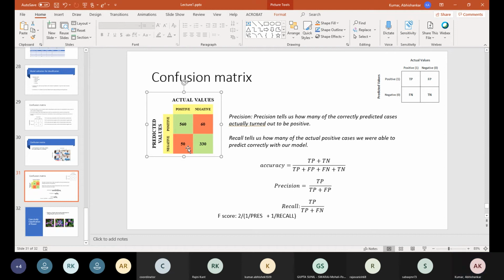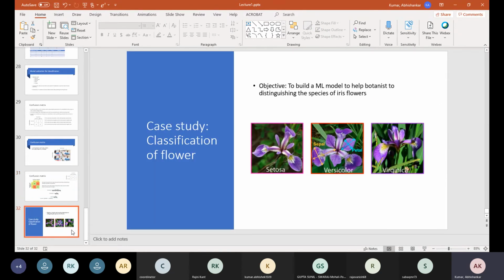Do one thing, just try to understand it. If you do not understand, I will explain again in the next class. I will rephrase this. Try to have a look. I will share this PPT with you tomorrow. Okay, sir, thank you, sir.